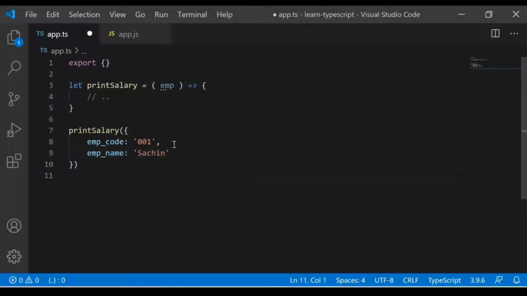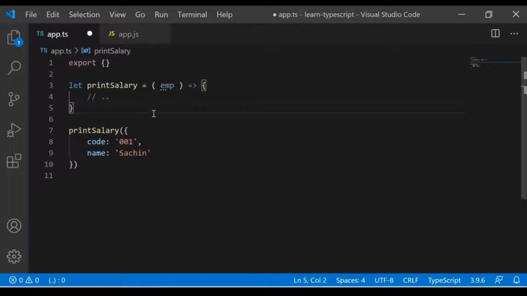So this works fine. Whatever we are passing from here, that will come here in an encapsulation, it will work fine. Now the problem comes in case we don't know what the signature or the shape of this employee object is, and by mistake, instead of passing employee code and employee name, what if we pass here code and name, because we don't have any type check here. So this will compile properly, but later when it executes at runtime you'll get an error because the logic is expecting this employee to have employee code and name and not code and name. So it will definitely break.